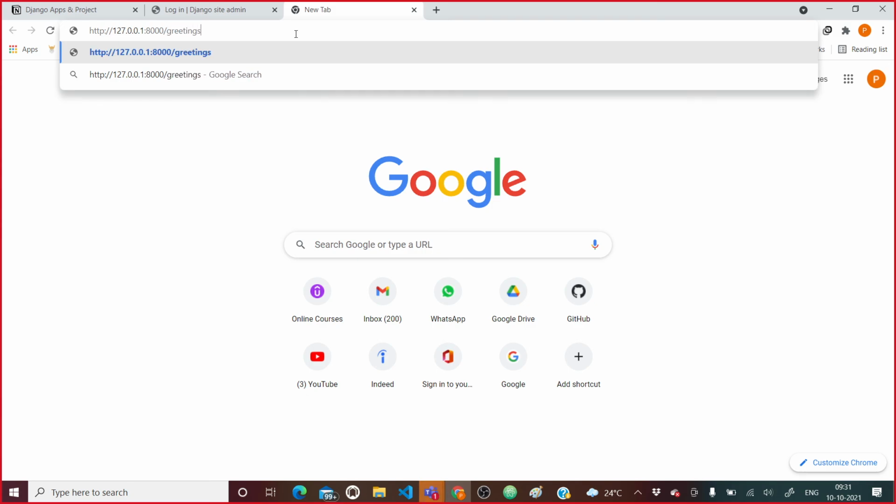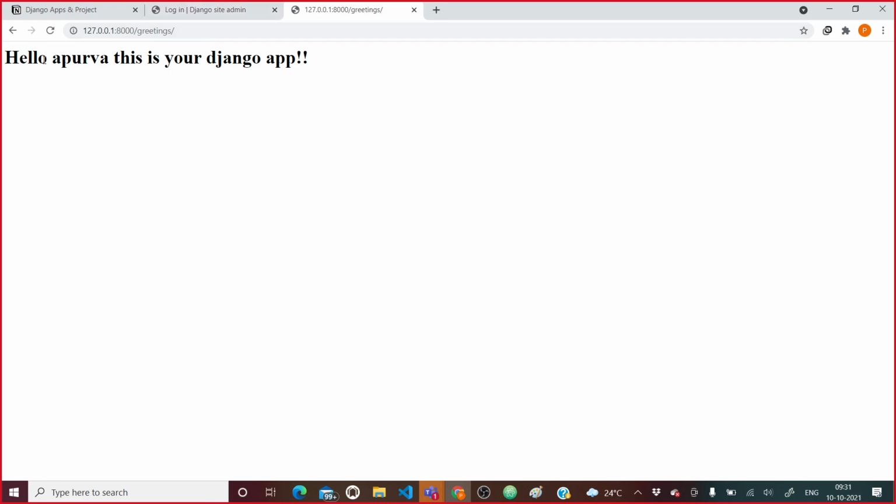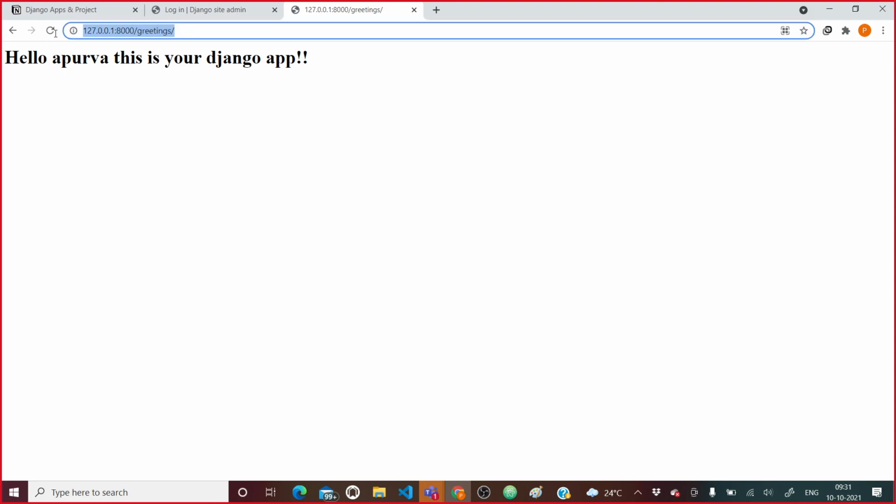To send the request we need to hit this URL pattern. We have set this URL pattern to a particular view. As soon as I hit this URL pattern, it will execute that function. The function was greeting, right? So here we send the request, and with this request I am getting a response: Hello Apurva, this is your Django app.